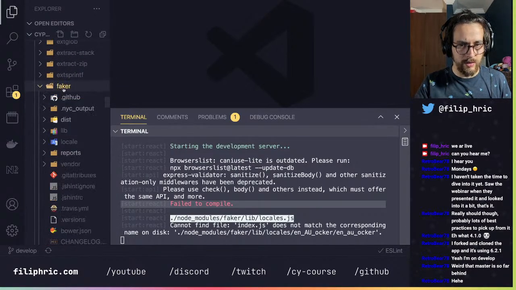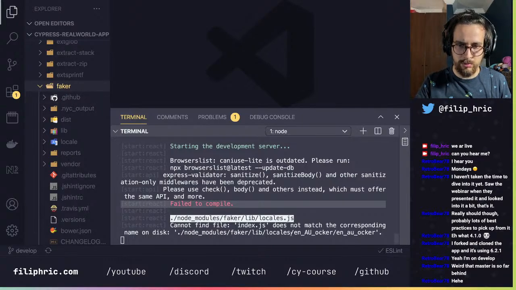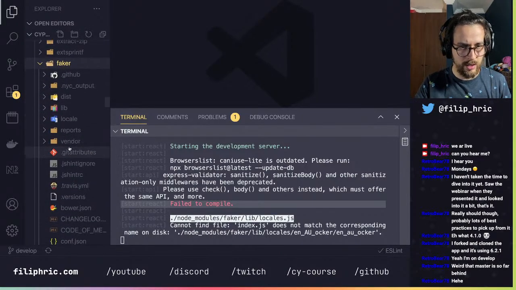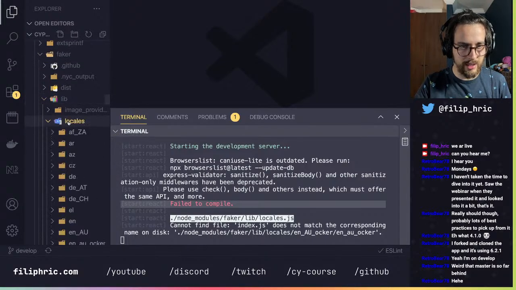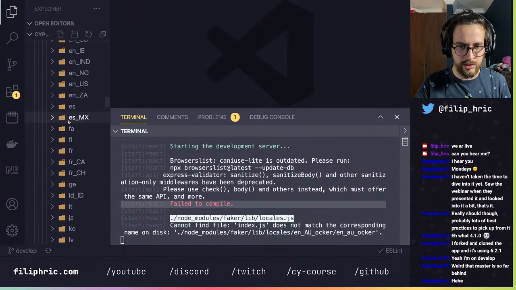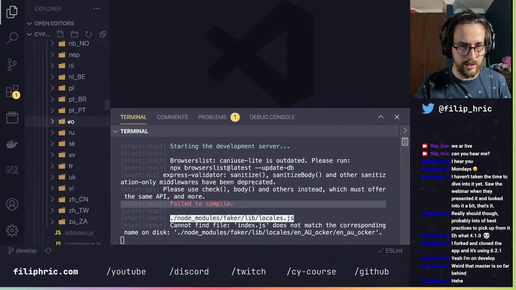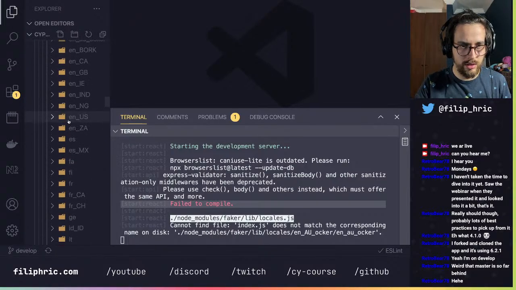EF Faker. And there's a lib locals and Docker. Okay. I kind of remember that I did something over here last time. There were some ENAU. EN is not even here.